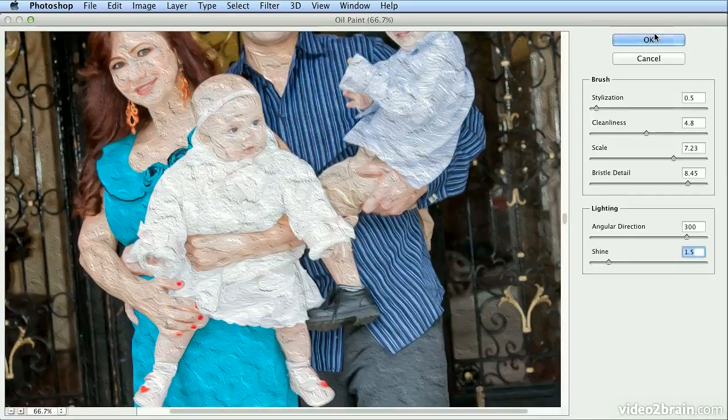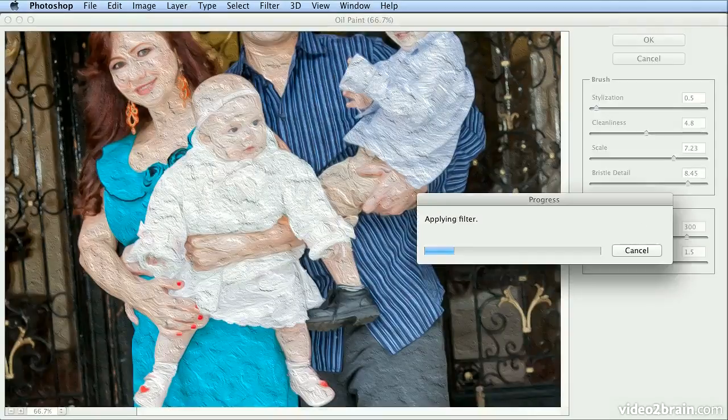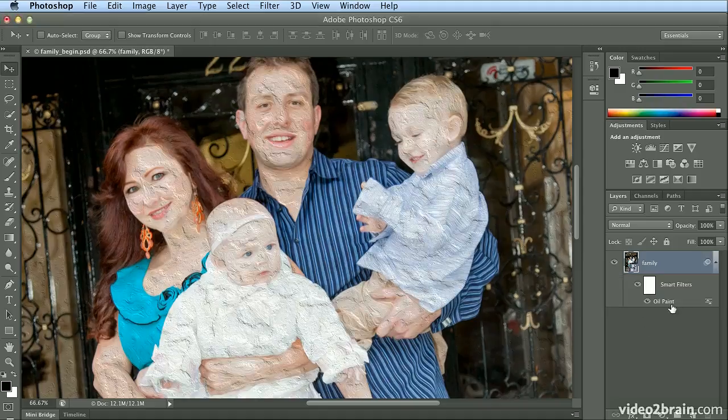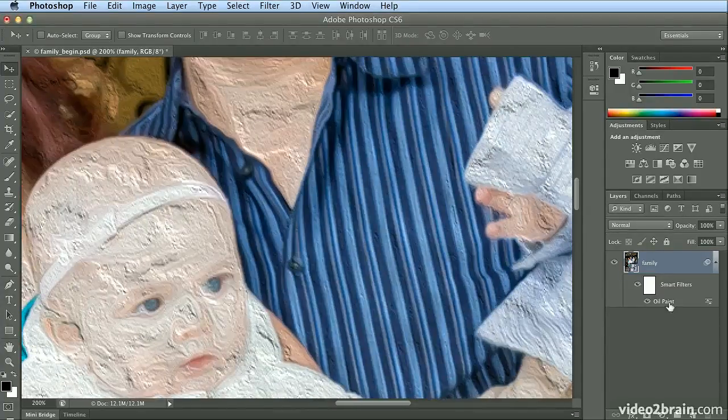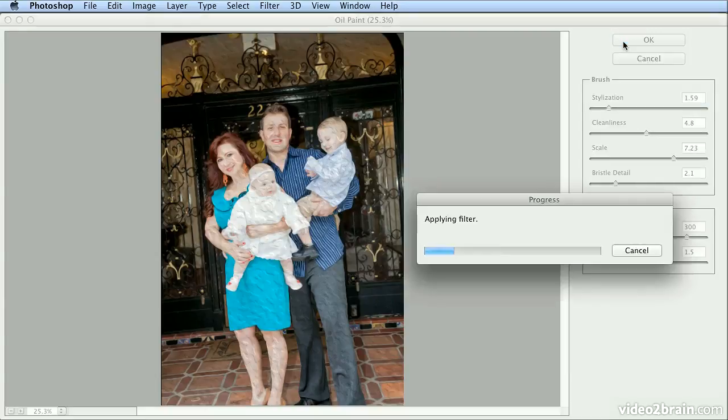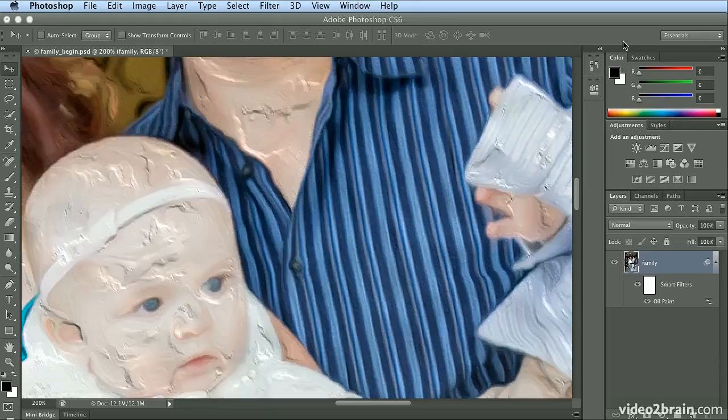So when I click OK now, in the Layers panel, I should see the oil paint filter, and I could double-click on that at a later date to edit its settings. So there you have it. If I don't like where it ended up, if I zoom in a little bit, I can simply double-click, and I'm back to my oil paint settings. I always encourage running Filter, Convert for Smart Filters for anything that is editable or that you may decide to change later. So that is my tour of the new Photoshop CS6 Filter